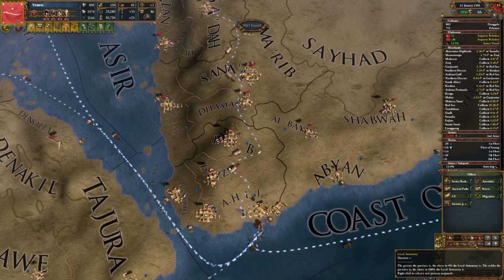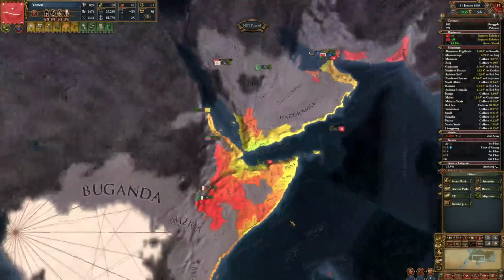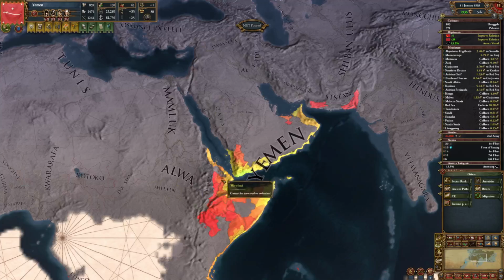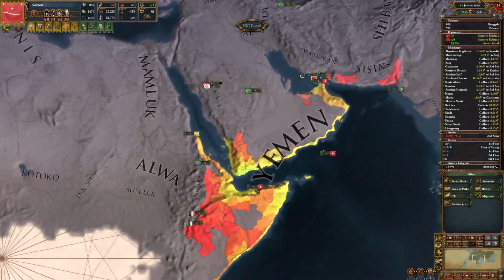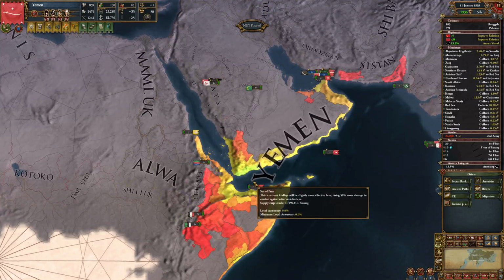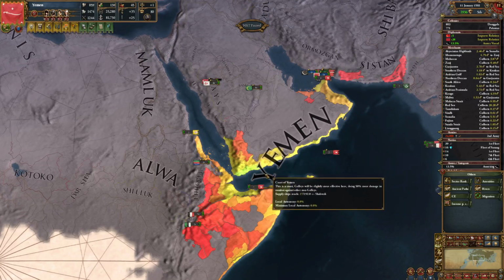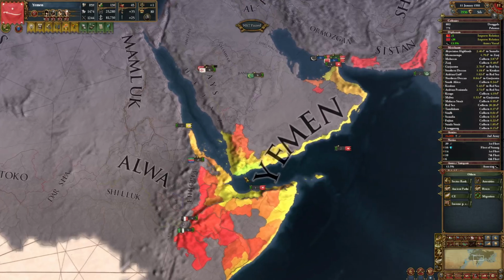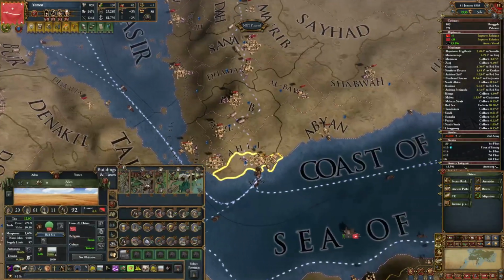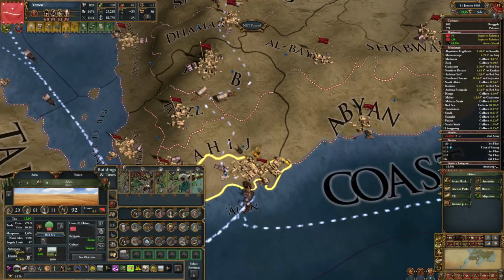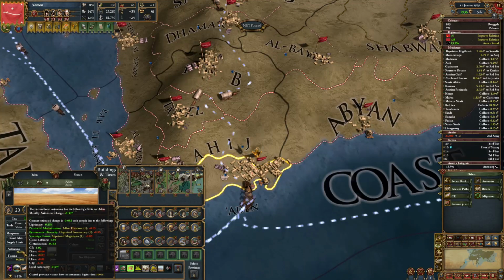So if we use the natural map mode here of local autonomy, which everybody has here, we can see that my realm of Yemen, which I'm using as a showcase here, has different autonomies all around. And that, of course, has to do with the political shape-up of our realm again, and also a lot of other things. Now, most notably, if we look into a province itself, let's take Aden here, we have the autonomy down here, and we see a lot of modifiers here which impact this.